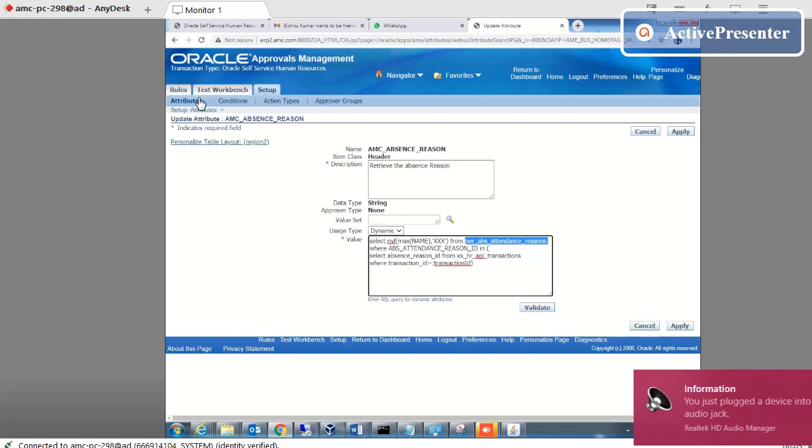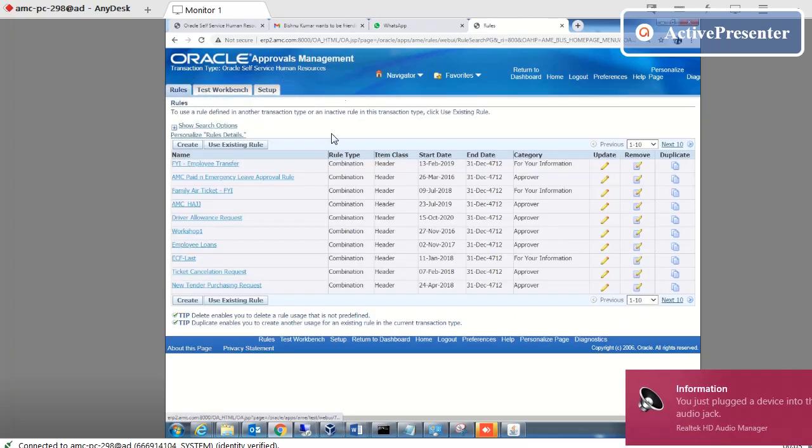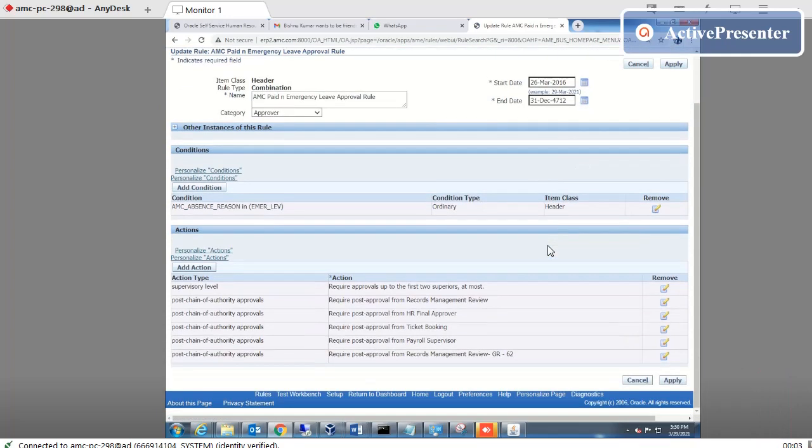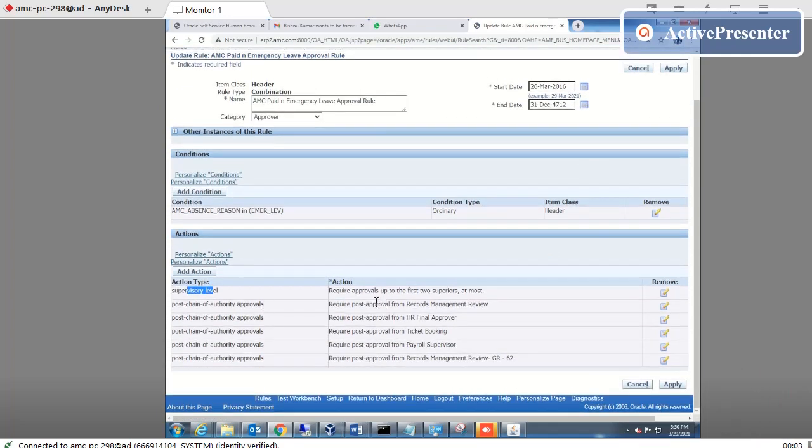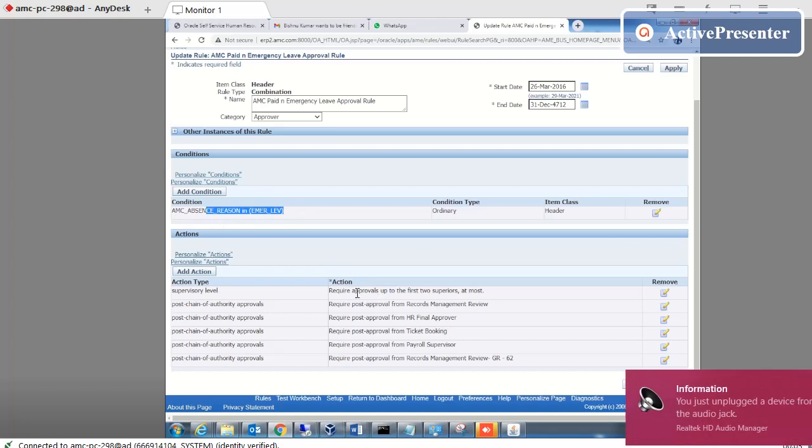Second thing, if we go to the rule and check this again, you will find how this action type approval hierarchies will be created. This is the first thing we already did. Second thing is how we make this one. The first two supervisors use the built-in function of AME.